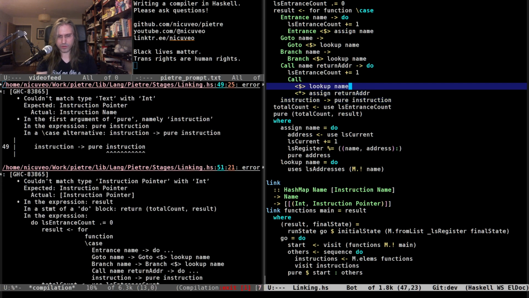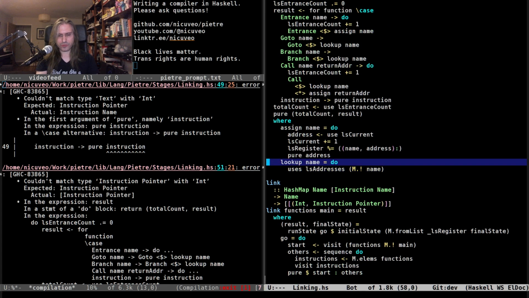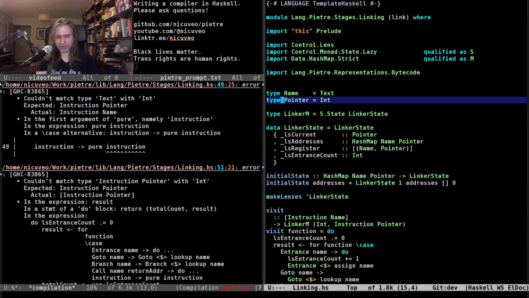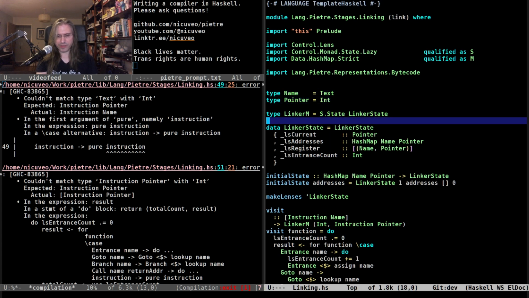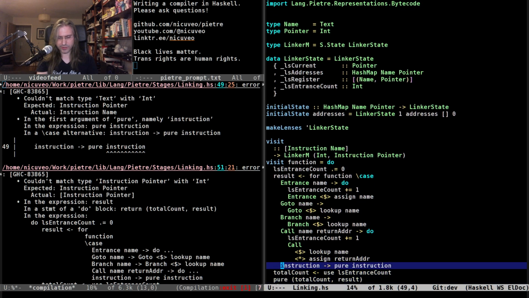Text with int. Yes, I cannot just forward the instruction because this instruction is of type instruction with name, and I need an instruction pointer, so I'm going to need to write the full case here.